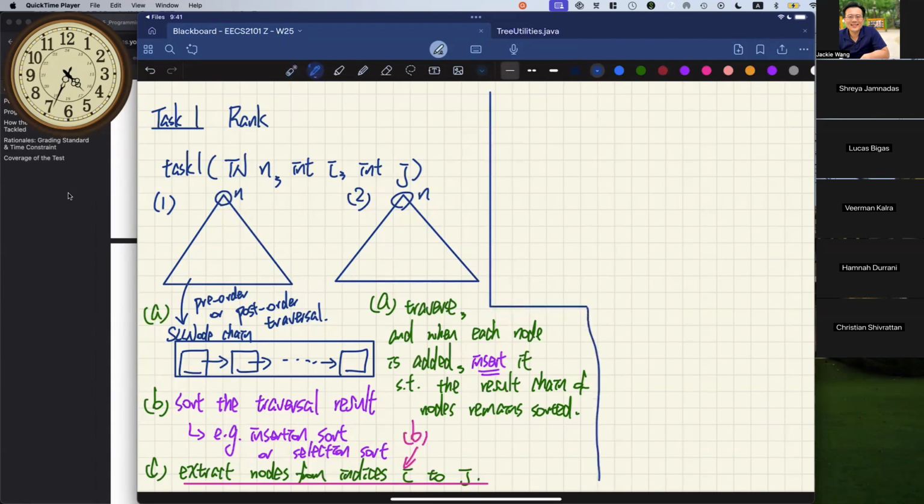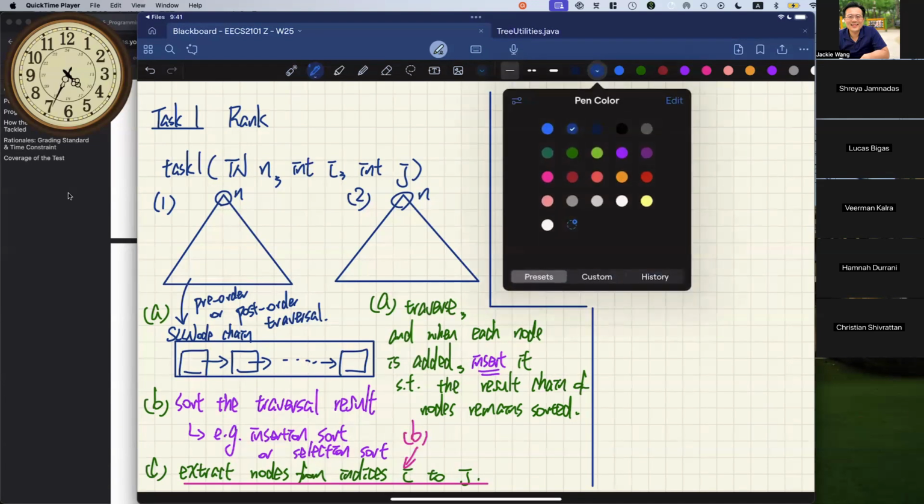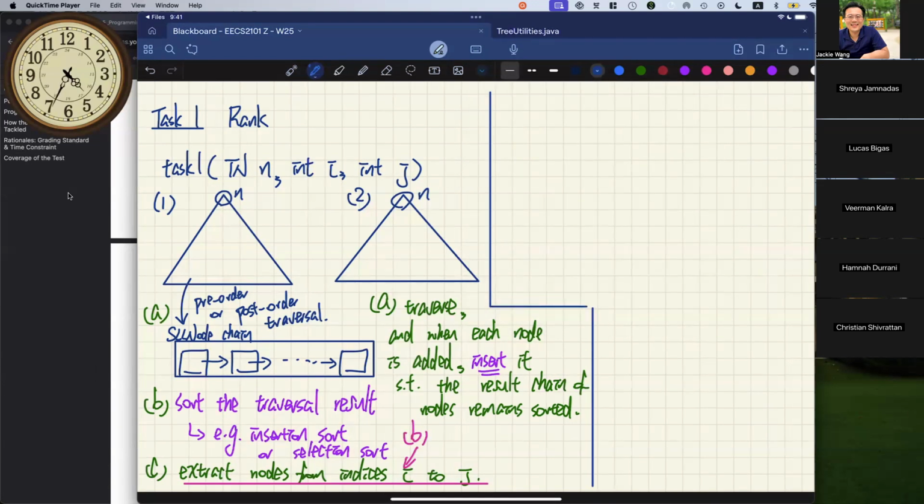And for task number 2, it's really about generating some string which contains 2 pieces of information, right? We got the size of the subtree, like a number of descendants, and also the sum of the values that's stored in the tree, right? So we got 2 pieces of information. Again, there are 2 ways for you to do this, right? I'm just going to mention them quickly, okay? Okay, for task number 2, which is to get the statistics from the input tree.